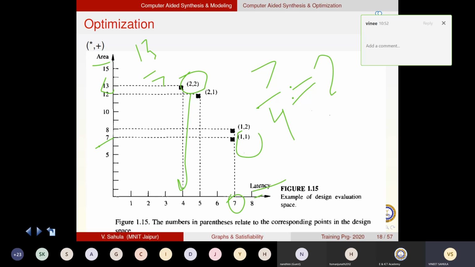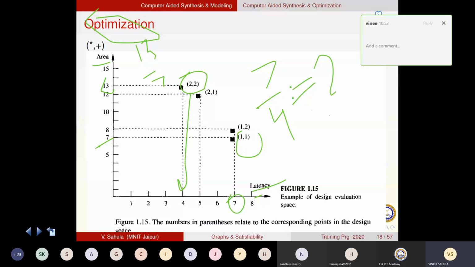This is the trade-off. If I'm spending lesser area, I will need to devote more time for computation. But if you want to increase the computation speed and finish in lesser and lesser time, then you have to spend money; your area will be larger. That's the optimization, which is an integral part of the computer-based transformation. The synthesis is transformation, and optimization is an integral part of synthesis. It is never away from that. We will not discuss optimization any further, but presume that a computer has the algorithm to explore various options and come out with a better option.